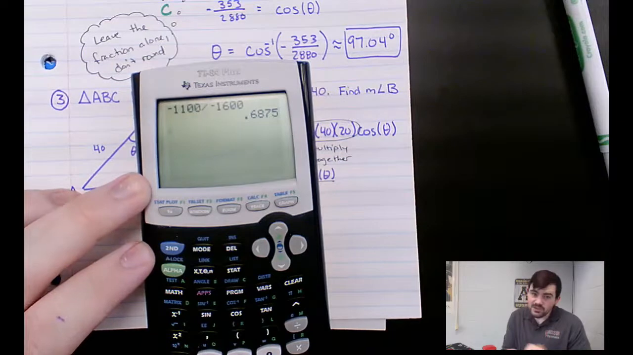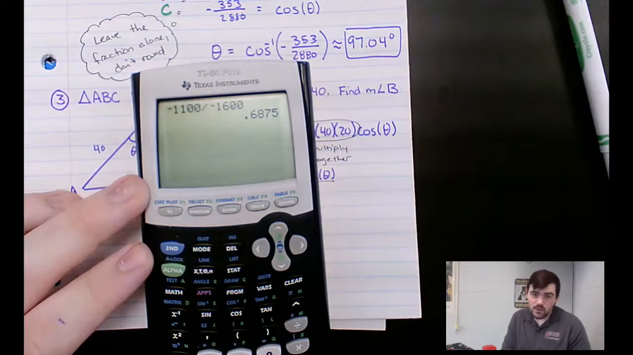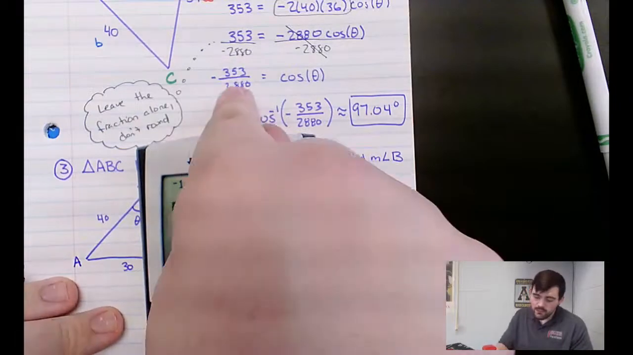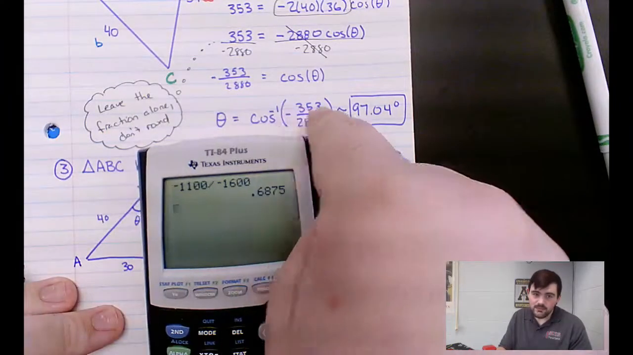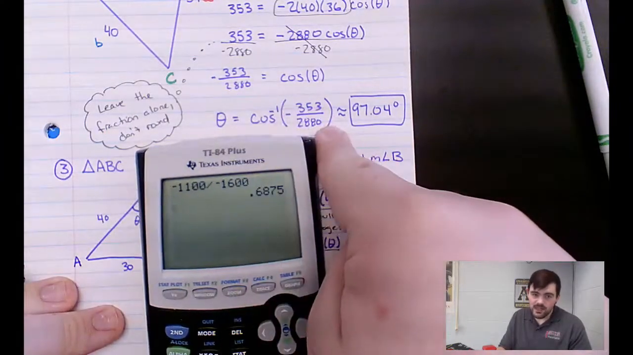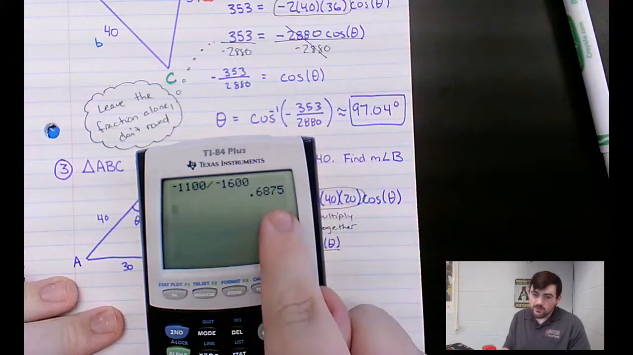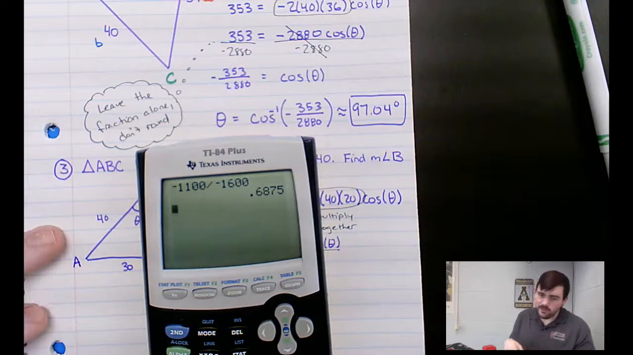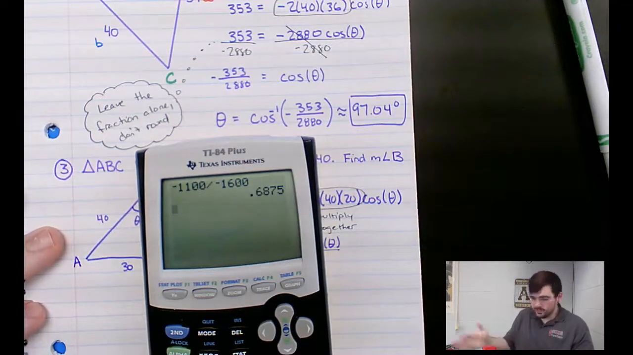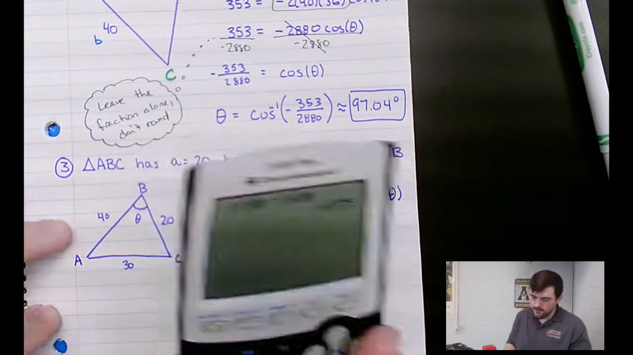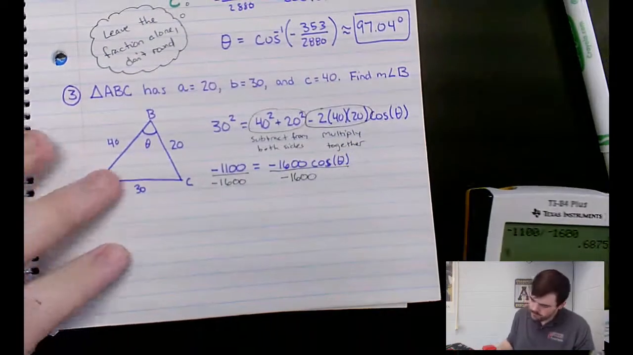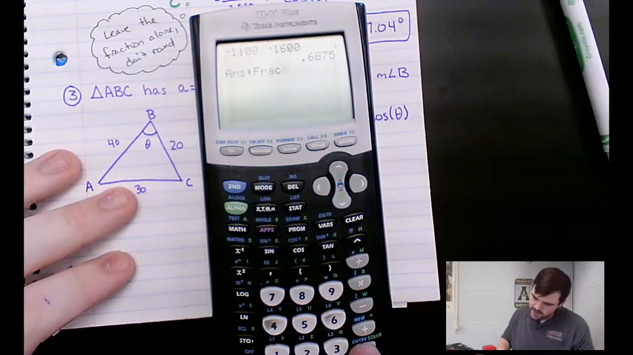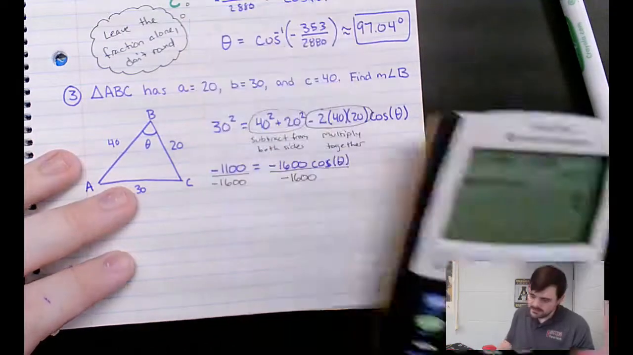It gives you actually a decent enough decimal. You could use that decimal so long as you didn't round. So like here we had to keep this ugly 353 over 2880. Here we could just use all 4 decimal places. Okay, decimals are allowed, you just don't want to round them off. If I said that was 0.7, I've just shot my answer. Okay, so I'm just going to use the simplified fraction 11 over 16